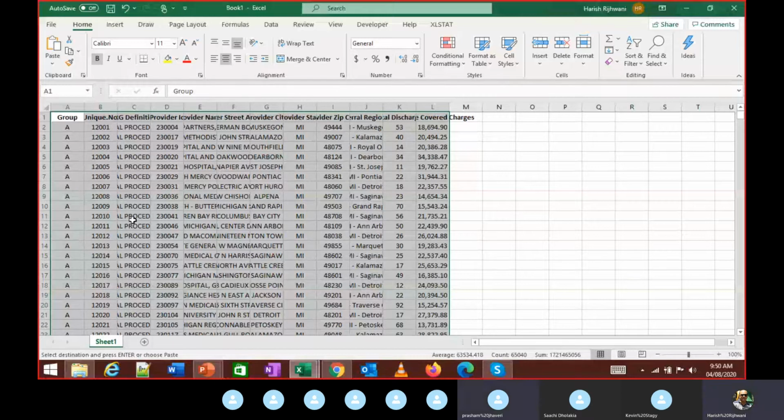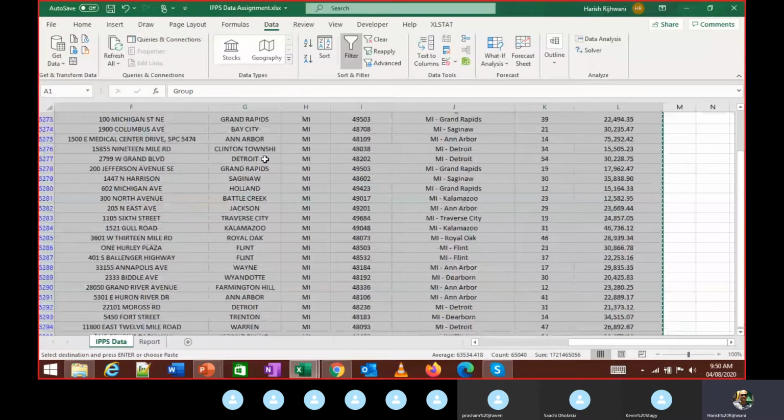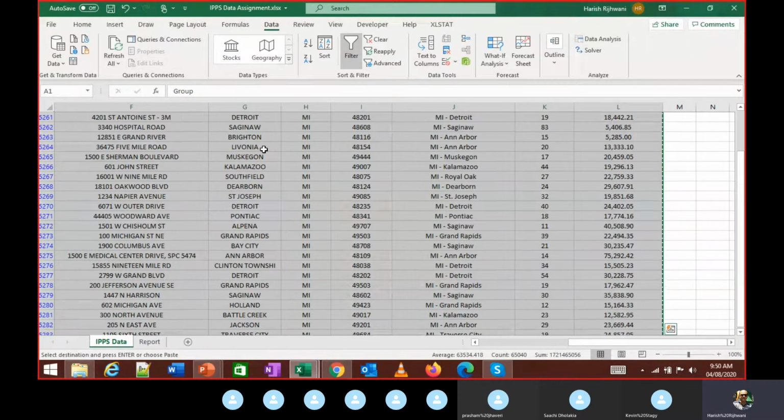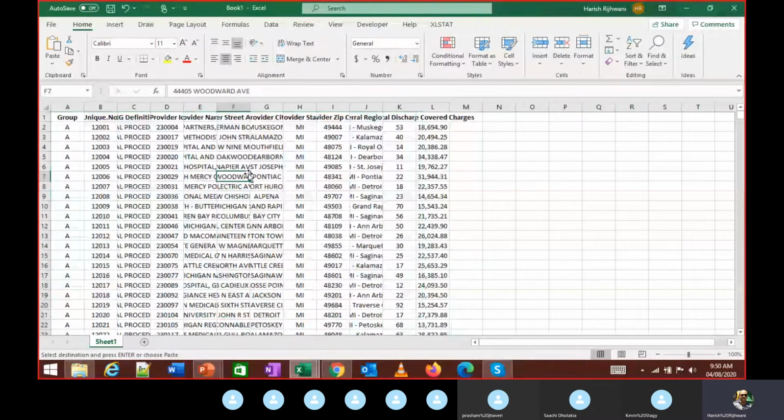Now when you notice, you see this data is squeezed, but over here, the data is not squeezed. It's fitting that particular cell. In order to auto fit this, I can do it in a couple of ways.